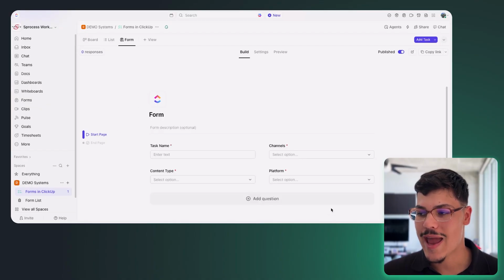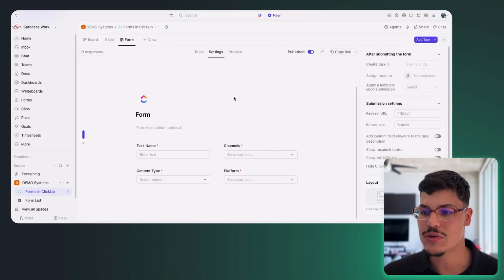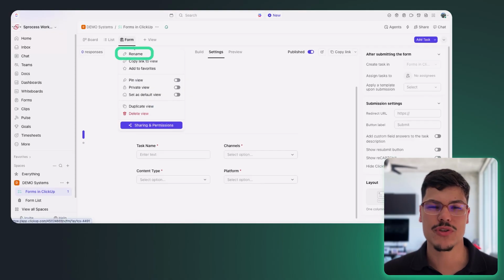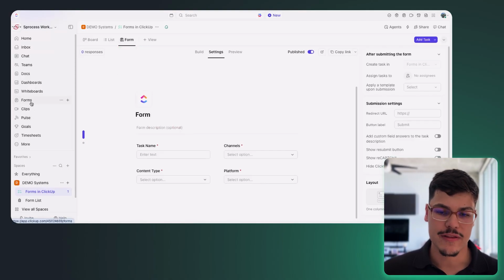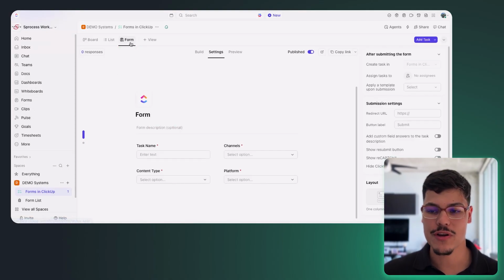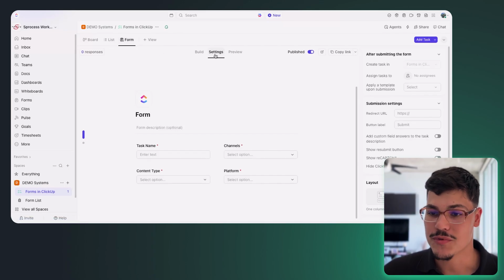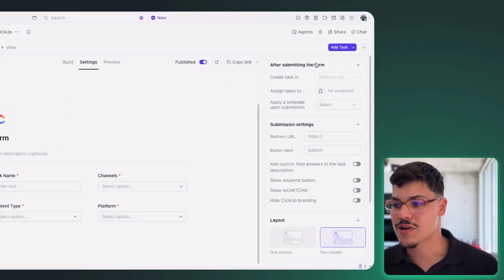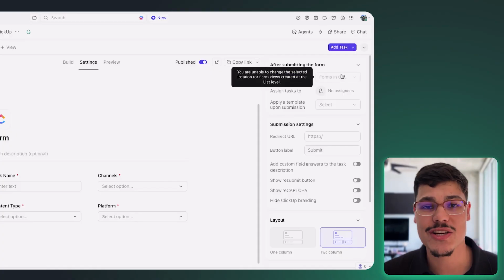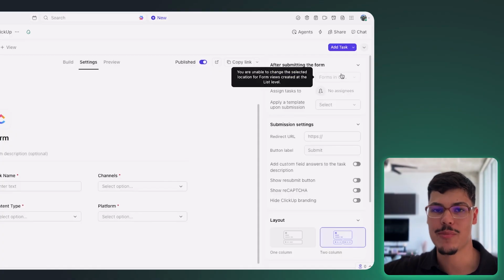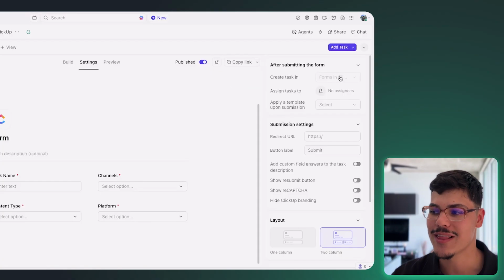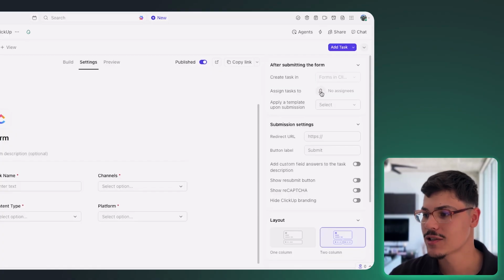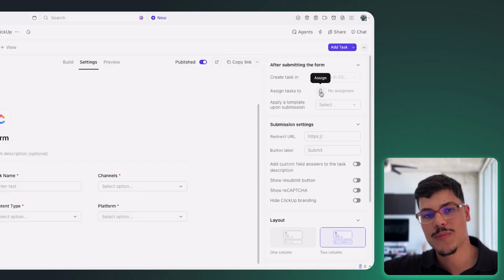Now, as soon as you're done adding all the questions here, you can navigate to settings for this specific form. I also recommend renaming the form to make sure that you can see different forms in your form section over here and make sure you're not deleting the forms that you're actually using. Over here on the right-hand side, you can see that it creates the task in a specific location. As we said, every single submission is a separate task in ClickUp, so it has to have a list where it creates those tasks. You can also assign tasks to a specific user whenever the submissions come through,